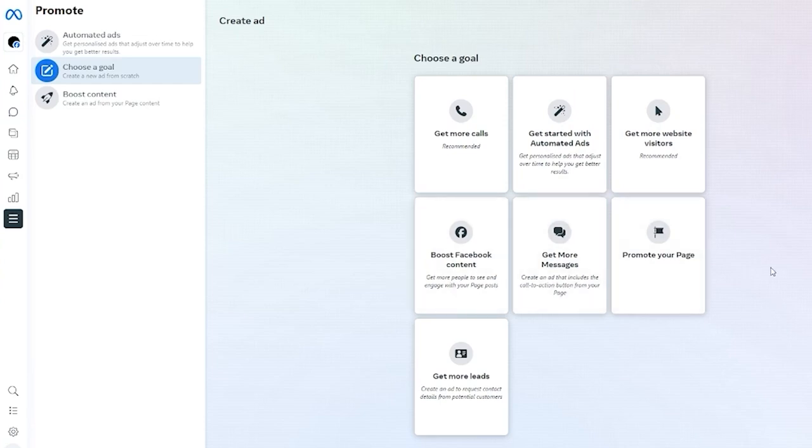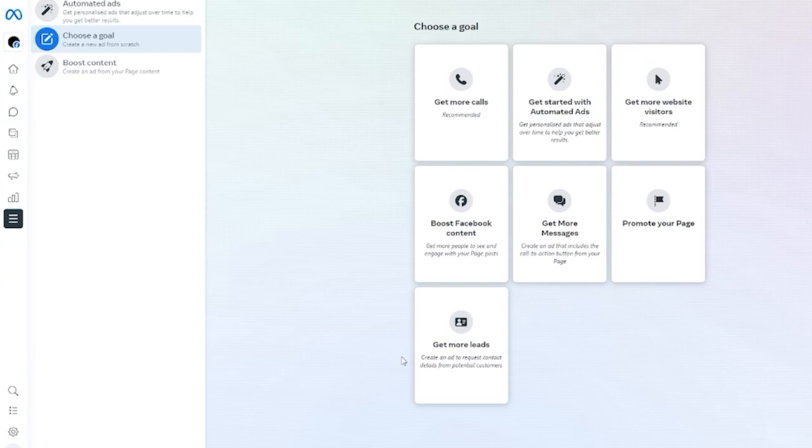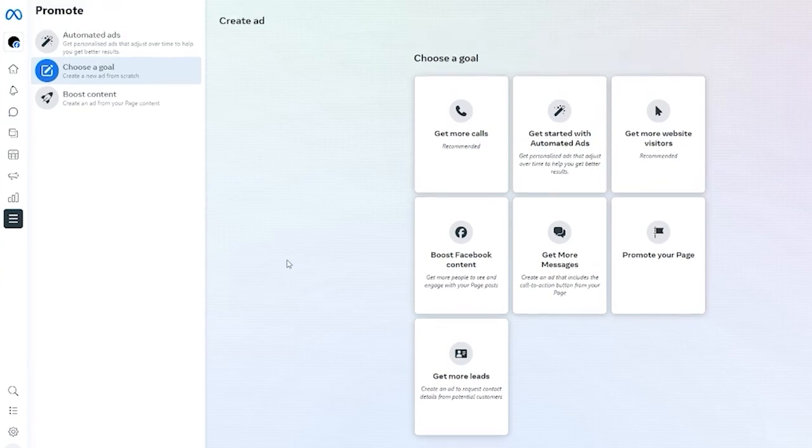You can get more messages, where you can create an ad that includes the call to action button from your page. You can even promote your page if you want to, or get more leads, where you can create an ad to request contact details from potential customers. So it's, you could say,